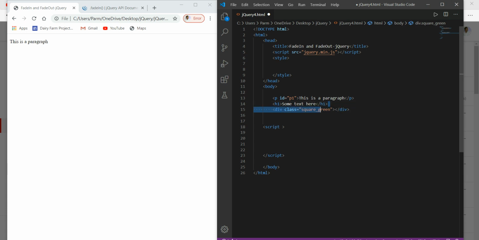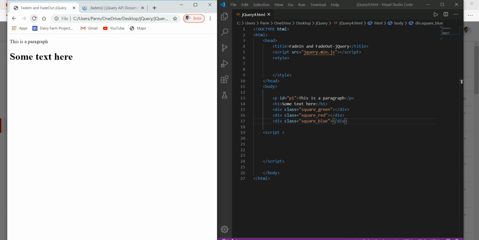Similarly I will make two boxes there, square boxes, so I will copy this and paste it. I just want to make this one red, and then I will take one more, say blue. Okay, save all the changes.